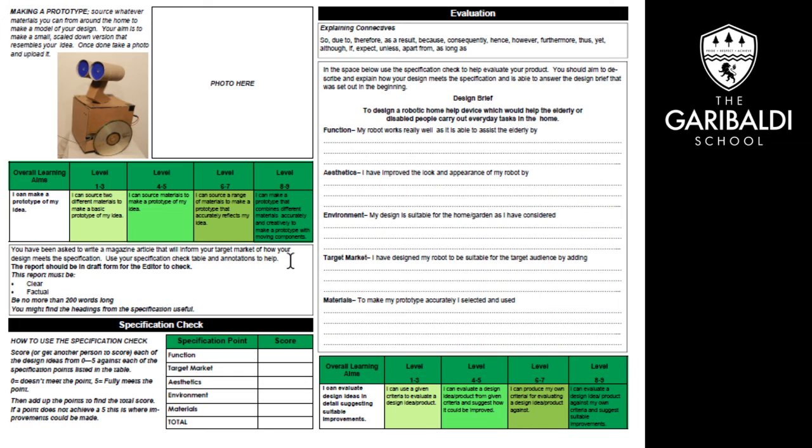Right then, the last section. This is about creating an evaluation, looking at ways in which you could improve your design and perhaps your model as well. To help you out with that, I've got some keywords here. And you might want to score each aspect of your design 0 to 5 based on how well it meets